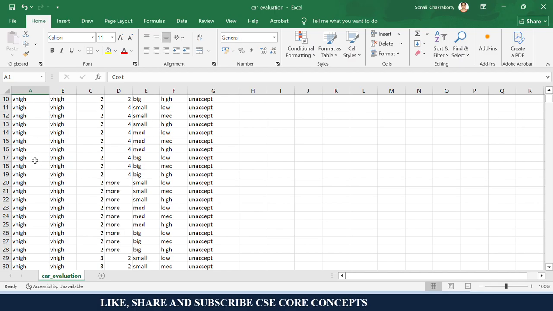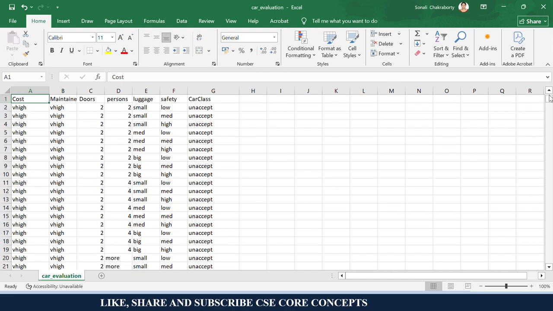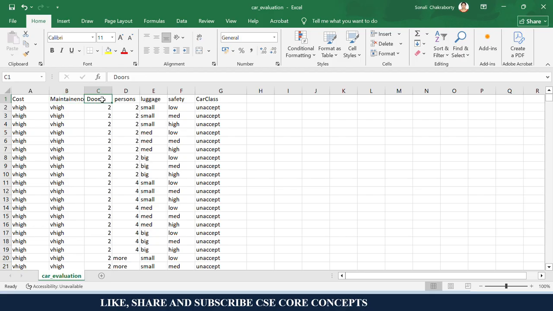So this is all in your ordinal attribute. If you remember about the attributes, there is a video on the types of attributes in the machine learning playlist. You can go through them. So you can see the ordinal attribute, the values are very high, acceptable, like this, right? So they are comparable and the order is important. Here the class of the car depends on the cost, its maintenance, how it has been maintained so far, the number of doors, the number of people it can accommodate, the luggage space, the safety features in the car, and this will decide whether the car is acceptable or not.